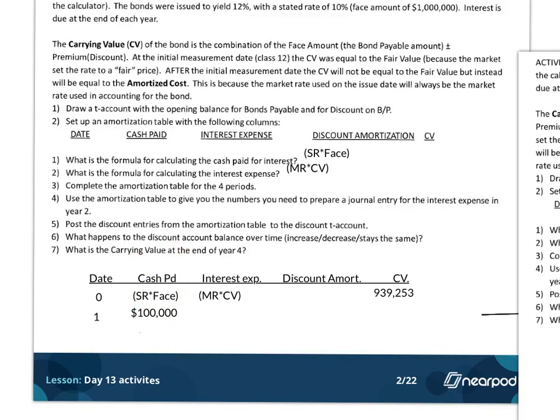My interest expense, remember, is based on the formula that we came up with. It is the market rate of interest times the carrying value. So $939,253 is the carrying value. The market rate, if you look back up above, was 12%. So I'm going to take $939,253 times 12%, and when I do that, I am going to get a value of